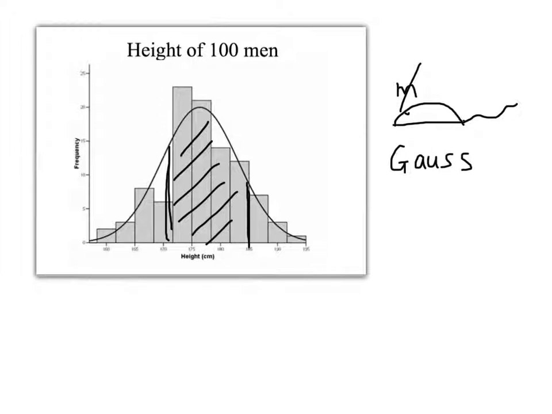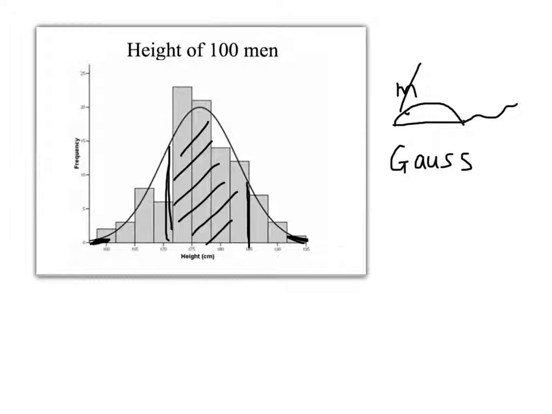Towards the edges, we have very few men out here at 195 centimetres, or down here at 160 centimetres. There are just a few men down here and a few men down here that are very tall or very short. Most are in the middle. And Gauss discovered that this